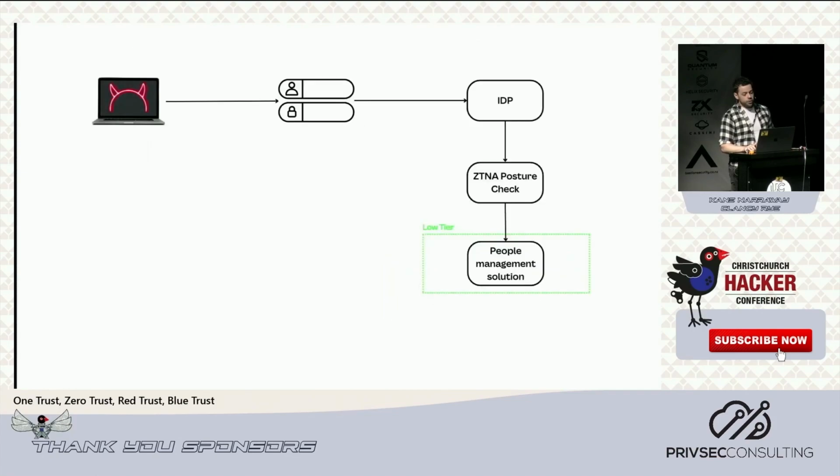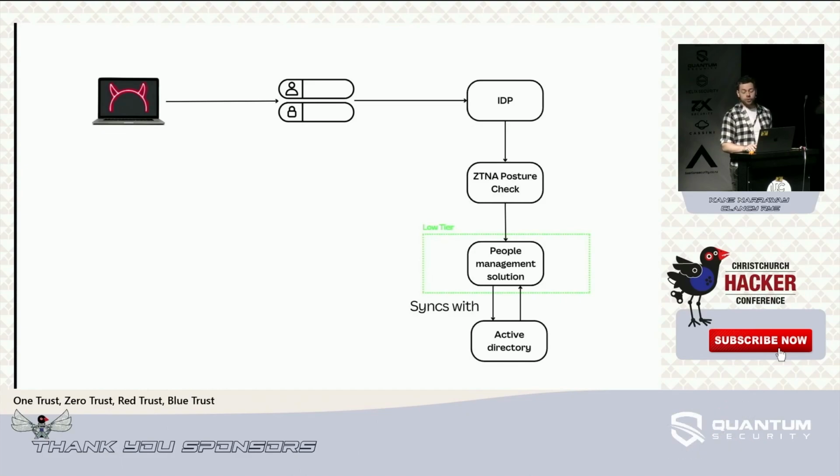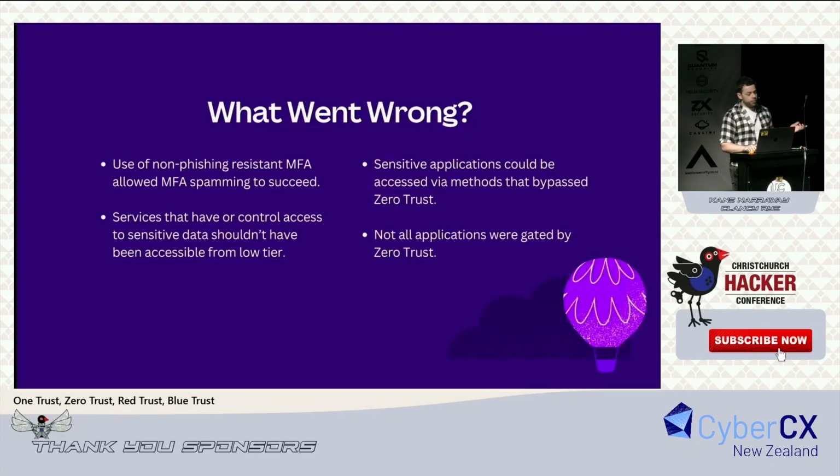Let's consider an additional part in this hypothetical. Let's say that the people management system is in the low tier. Intuitively, that makes sense, right? Like when you design these systems, people need to take leave regardless of what kind of device they're using. However, it's also being used as a source of truth for Active Directory. And since our user works in HR, then they have admin permissions and are able to control the people management solution. In turn, this is going to give us arbitrary control of the group memberships effectively, which we can abuse to escalate our privilege. So what went wrong with all of this?